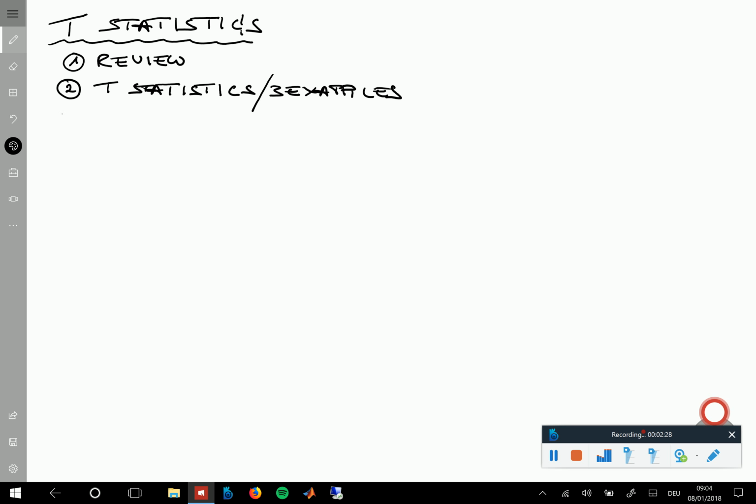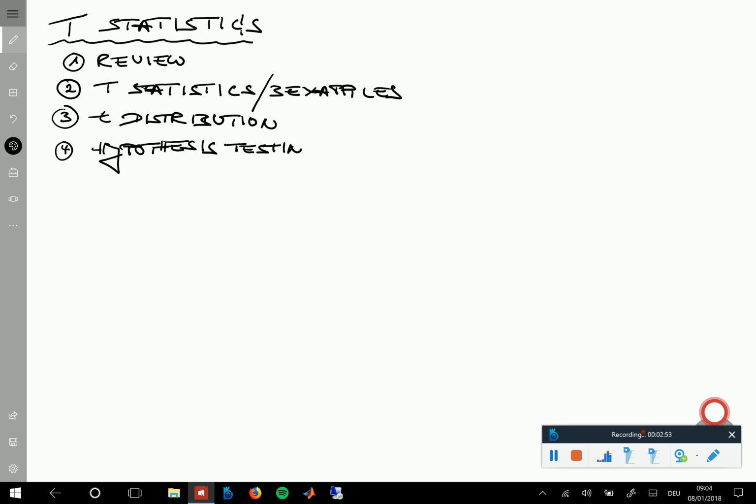And then talk about the T distribution, and then discuss its use in hypothesis testing, where we don't do, at this point at least, a formal approach, but discuss the